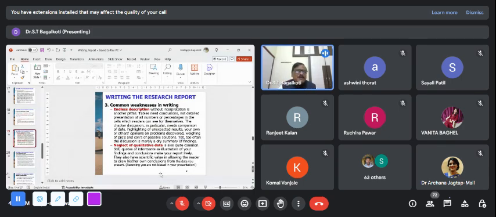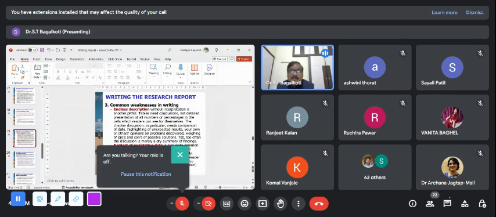So even you can do that. If there is a case study, if there is a success story in your field work, just make a case out of it and put it in a box. That will be very, very helpful not only for future researchers, but also for policymakers. Now, to give an example, I have recently done a survey on the impact of training on the artisans under the Pradhan Mantri